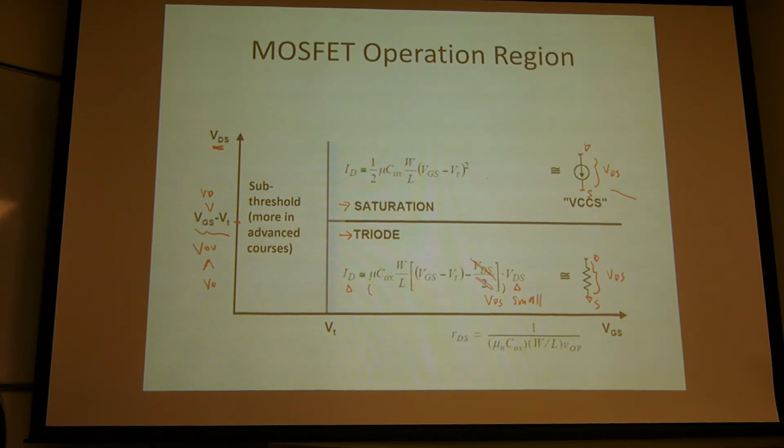If the current is independent of the voltage, so what circuit element is it? If current is independent of the voltage, you have a constant current. That means it's a current source, right? Regardless of your load, your current is a fixed current. That means no matter what your drain voltage is here, we provide a constant current. So then this is like a current source. But here we say it's a voltage controlled current source. VCCS is voltage controlled